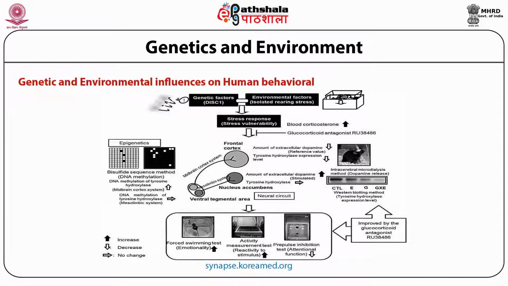Genetic and environmental influences on human behavior. It is difficult to determine whether genetics or the environment has a stronger influence on behavior, and it is largely believed that human behavior is an intricate result of both. Say, for example, a preference for a particular food could be genetically based. It could be because you ate it growing up, or it could be a combination of both. In most cases, behavior is the result of a dynamic interplay between nature and nurture.